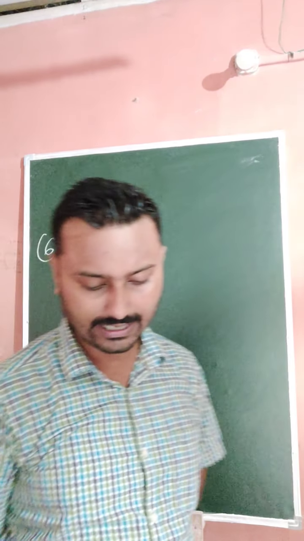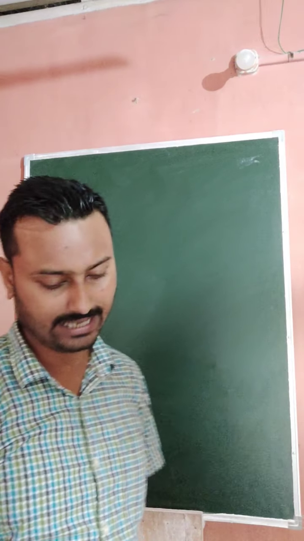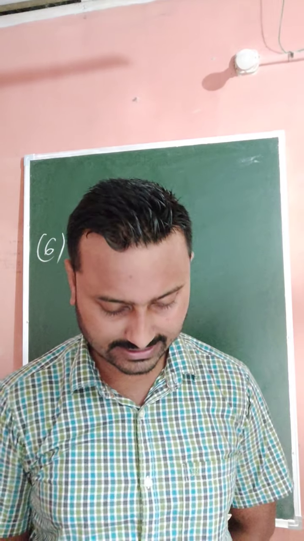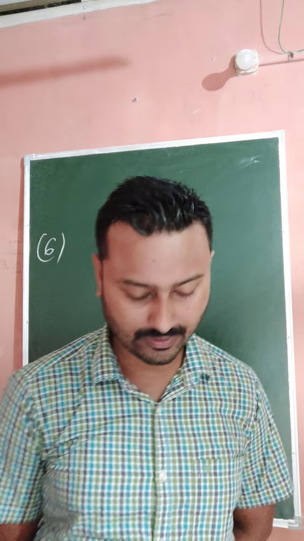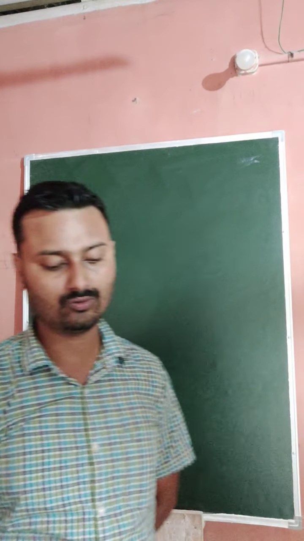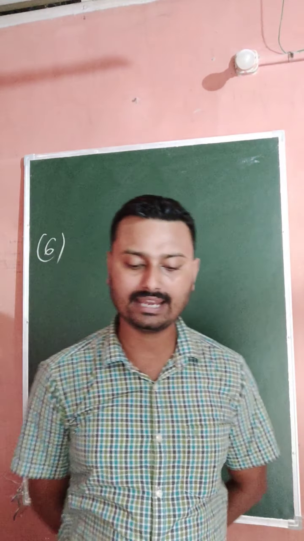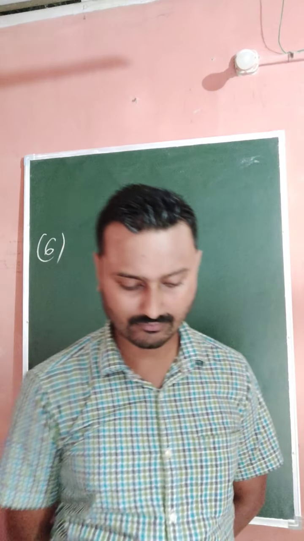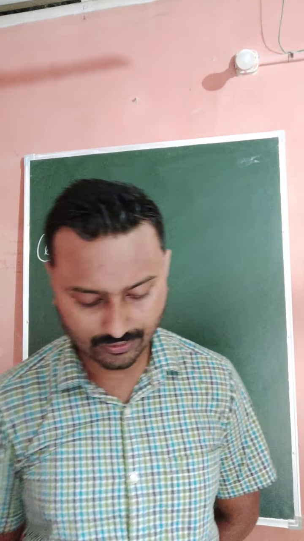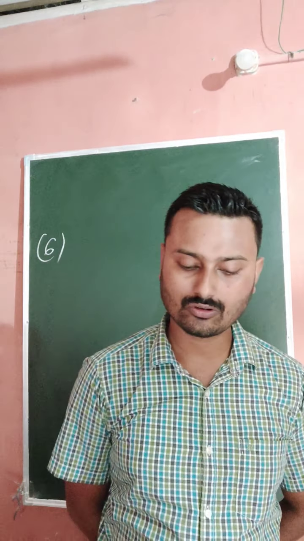In the adjoining figure, AC and BD intersect at point O. So two questions are asked here. Number A, state three pairs of equal parts in the two triangles, triangle AOB and triangle COD, like the previous one. And question number B, which is true: triangle AOB congruent to triangle DOC, or triangle AOB congruent to triangle COD.